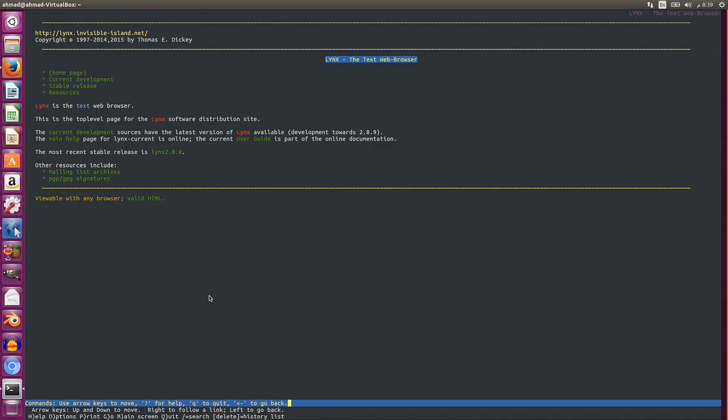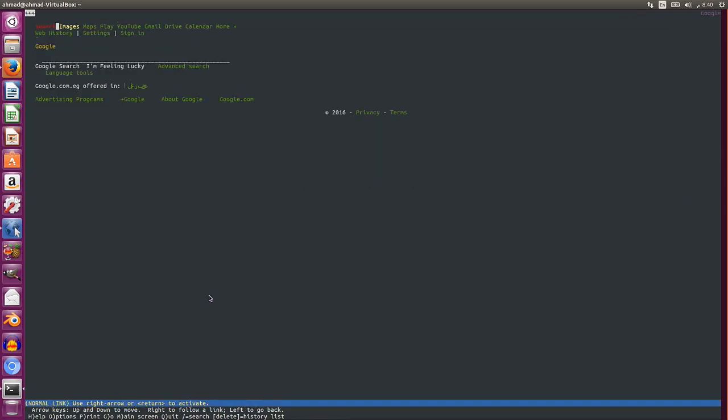I can type, for example, Shift-G for Go, and I can type here, for example, www.google.com, and press Enter. And as you can see, this is the text-based version of Google. Of course, it looks nothing like the GUI mode Google, but this might become handy when, for example, you are